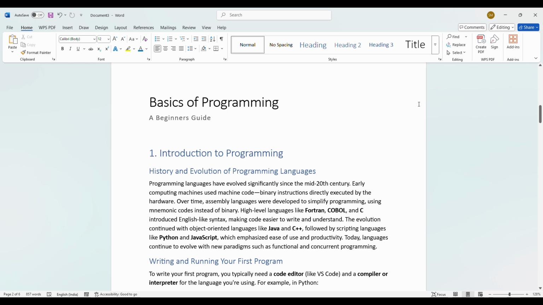Hi everyone, in this video I'm going to quickly show you how we can add page color and also insert a page border and how to insert a watermark inside of Microsoft Word. So let's get started. Firstly, in order to find these options, you will need to enter into the Design tab